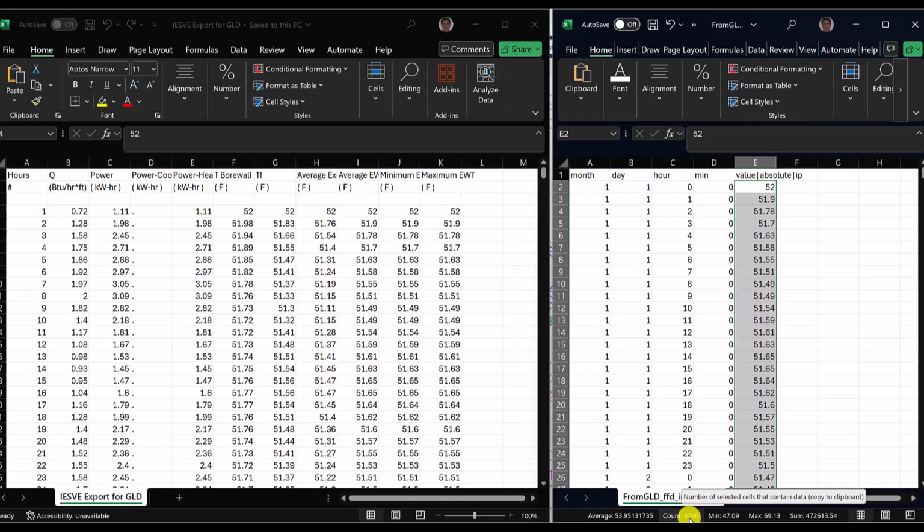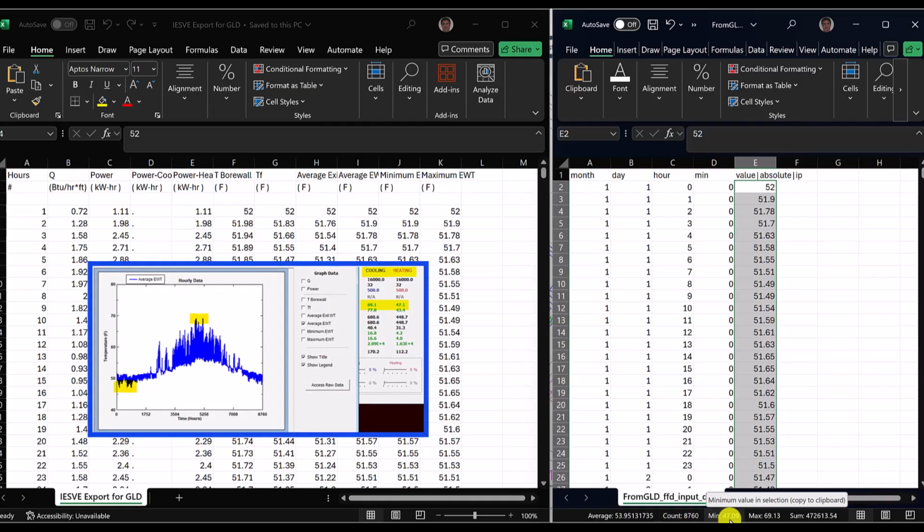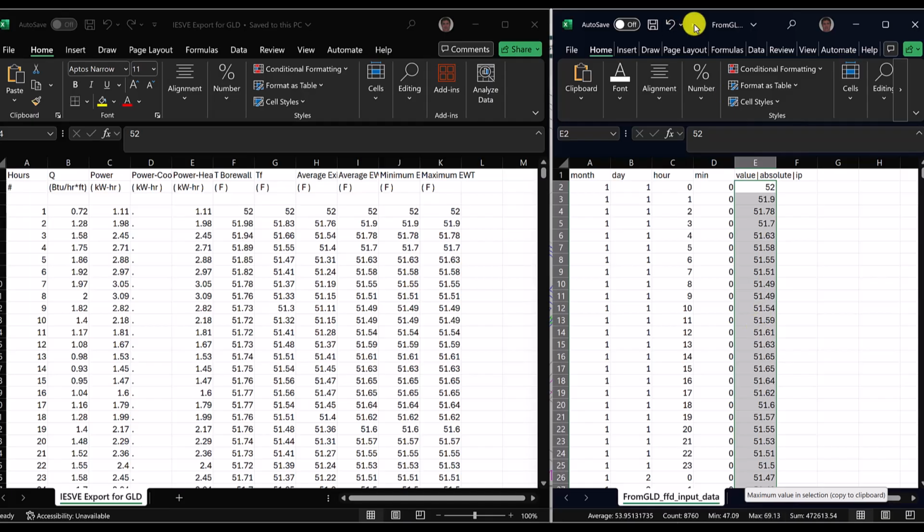So before I leave, I just want to make a mental note that it's 8760 data that I've pasted. Minimum values at 47 degrees, say rounding down from a conservative perspective would be 47 Fahrenheit or approximately 8 degrees Celsius. And then on the upper side, the maximum condition is about 69 degrees Fahrenheit or approximately 21 degrees Celsius. So once you save that,